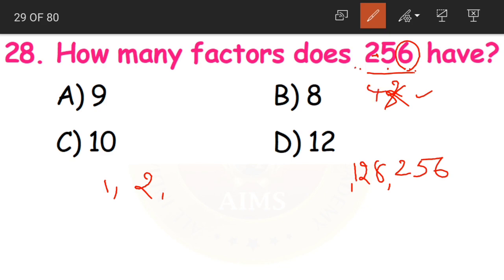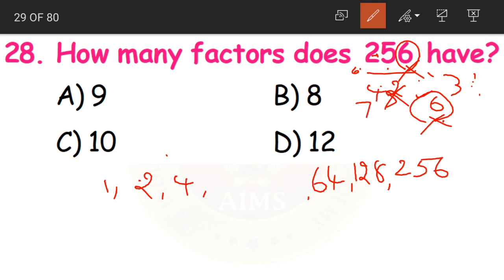Now will it come in 4 table? 4 sixes are, yes, it will come in 4 table. 4 sixes are 24, 4 fours are 16, 64. 4 fours are 256. Now will it come in 5 table? No. Will it come in 6 table? No. Because it is not divisible by 3. Yes, for it to be divisible by 6, it should be divisible by both 2 and 3. Now will it come in 7 table? 7 threes are 21, 46. No, it will not come in 7 table as well. Will it come in 8th table?